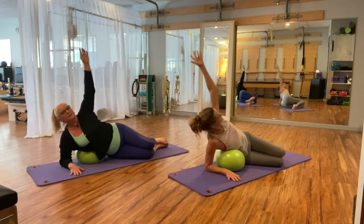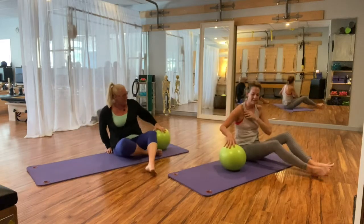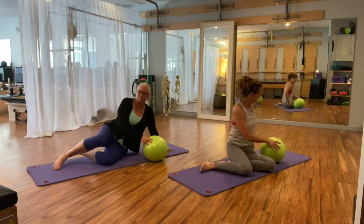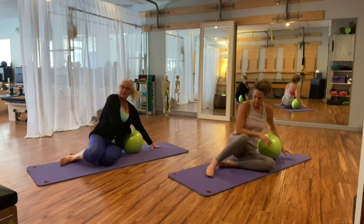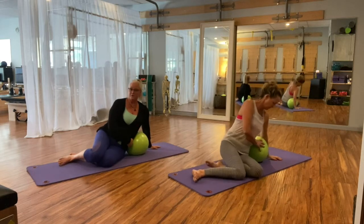And then bring it back. And we are going to turn. We're going to do that all on the other side. Yay! So, same thing. Okay, so from here, we're going to bring that ball again, right at the top of your hip bone